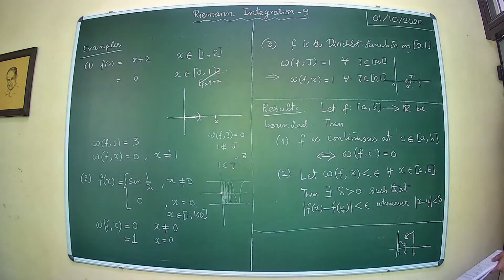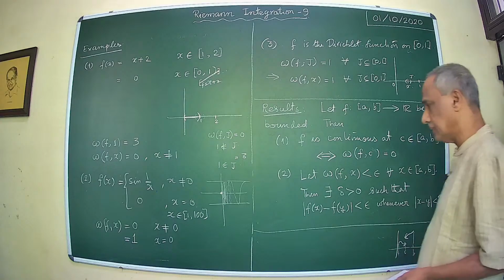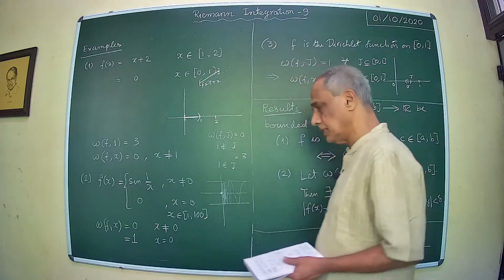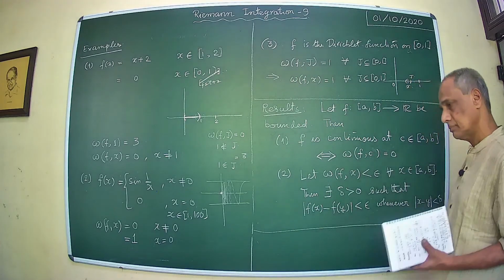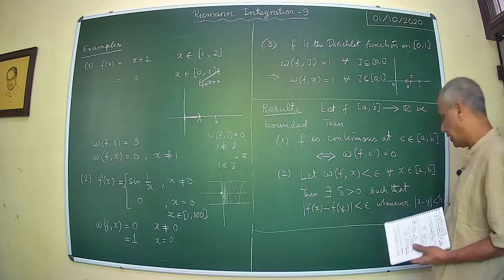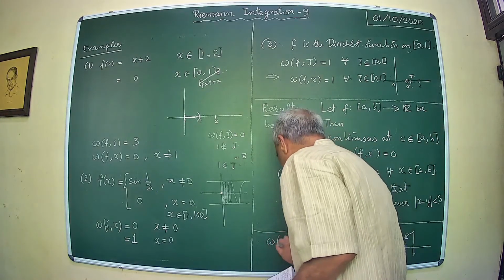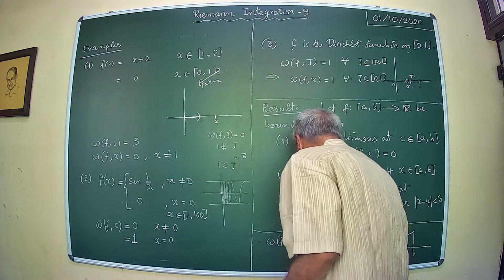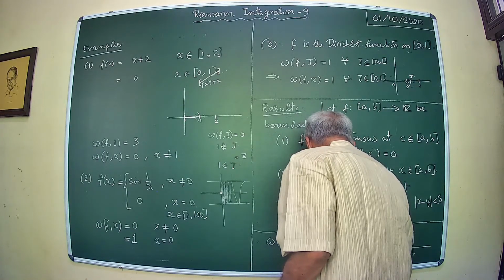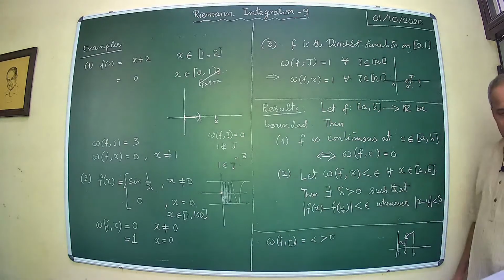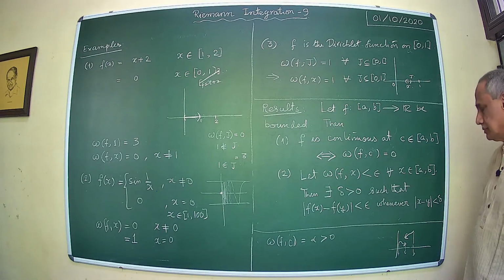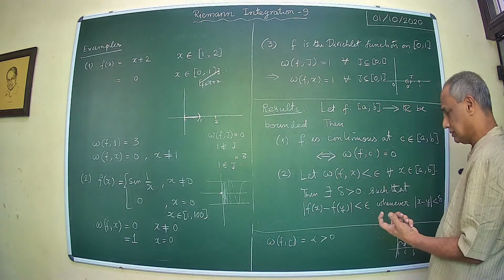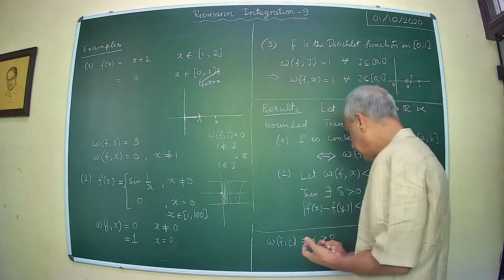That's a discontinuity. And suppose the measure of the jump is equal to some alpha. If it is alpha, which is positive, then suppose you take epsilon to be alpha by 2,